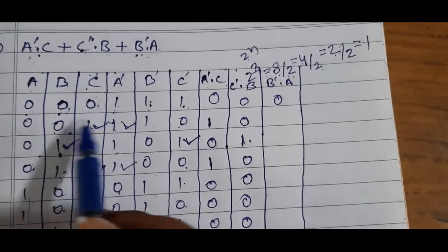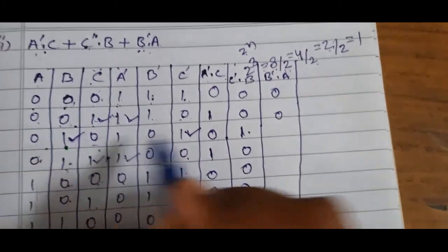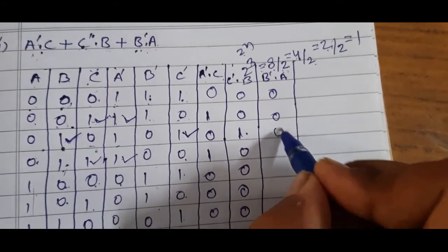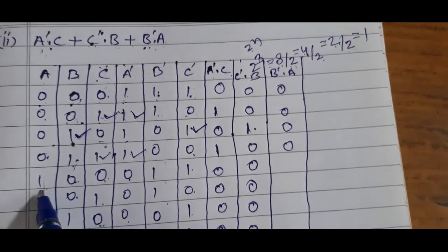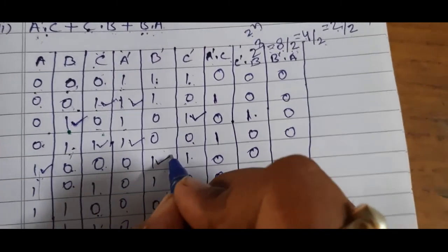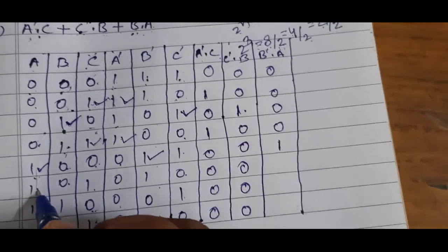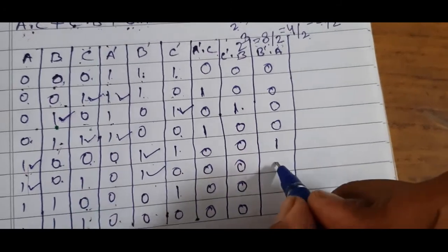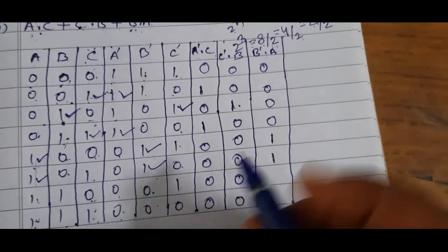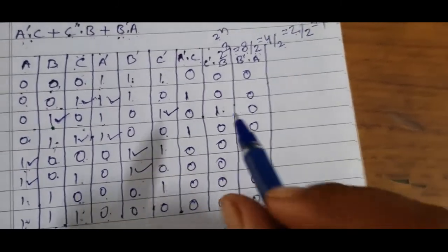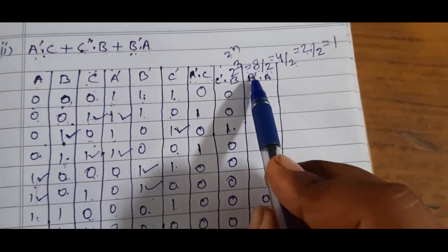For the second, we can see one is 0 and another is 0. So here again 0, this is also 0. Let's check A and B negative. So this and this are positive, so our output will be positive. Again, this and this are positive, so the output will be positive. And because one is positive and another is negative, the output will be negative. So like this we got the A complement C, C complement B and B complement A.